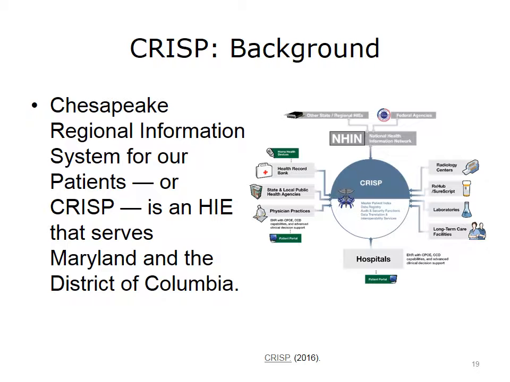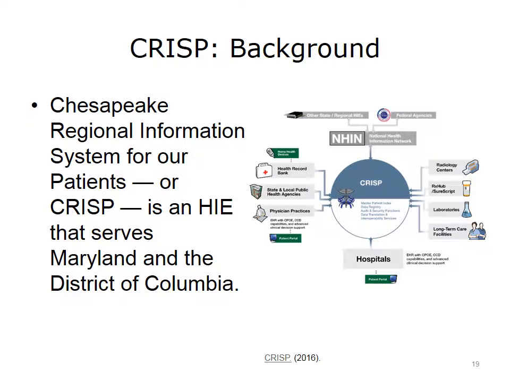Health information exchanges play a considerable role in utilizing population health predictive models on their centralized data warehouses and then disseminating the results to clinical providers at the point of care. One example is Maryland's HIE, which has extensively incorporated predictive modeling in their network. Chesapeake Regional Information System for Our Patients, or CRISP, is a regional HIE that serves Maryland and the District of